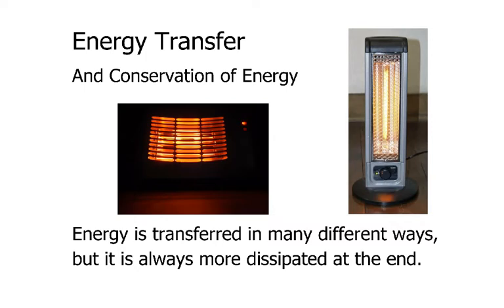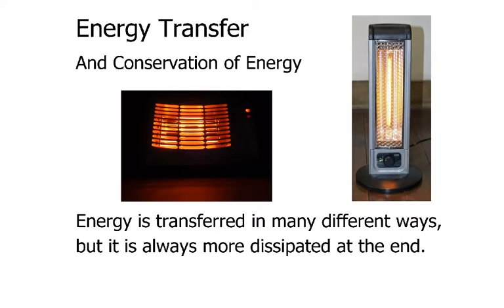But there's also the second law of thermodynamics, which involves entropy. The idea of entropy is that the useful amount of energy is decreasing. So the total amount of energy stays the same, but the amount of energy that is useful to us is decreasing. Another way of saying that is that energy is dissipating. It's getting more spread out, more diffused into the environment and less concentrated.